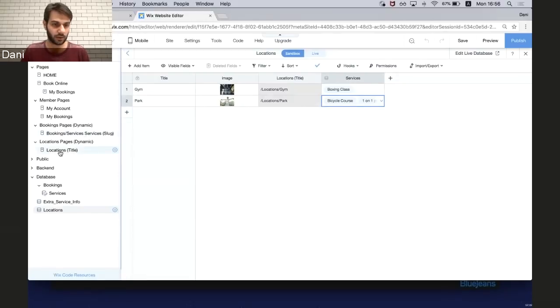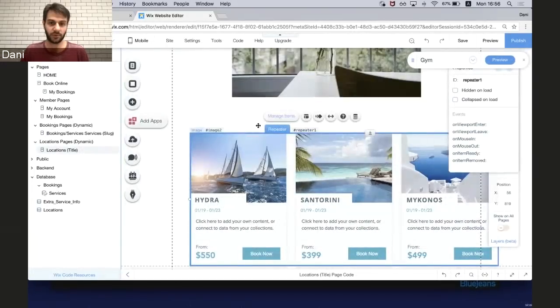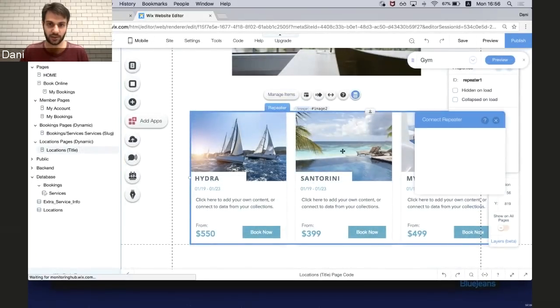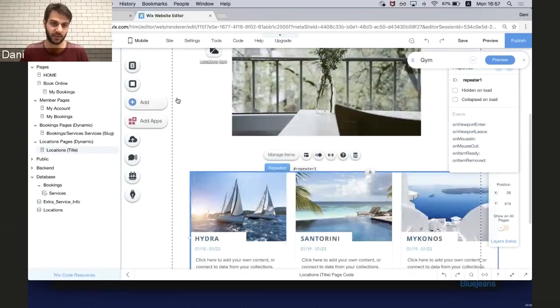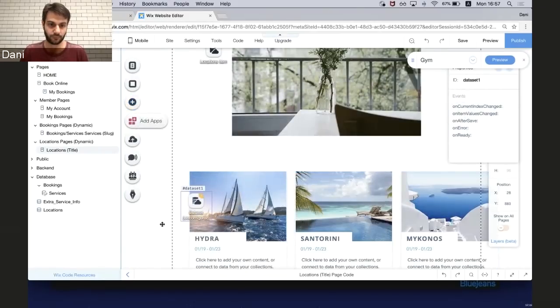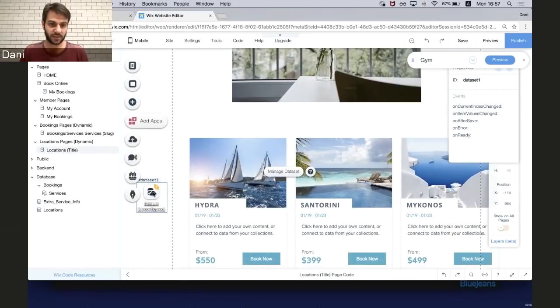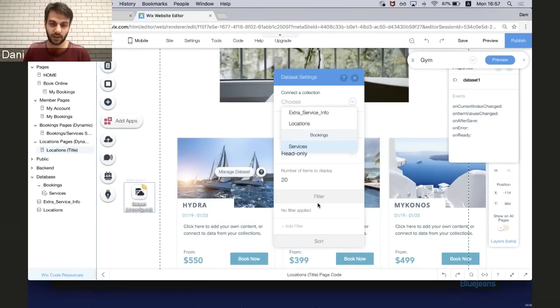And now I want to go to the locations here. And here, the repeater, I want to display connected to data. I want to connect it to, let's see. Oh no, I'm forgetting something. Let's add a data set here. I forgot a step. Let's add a data set from the service that will connect. Hold on. Okay, I'll connect it to the